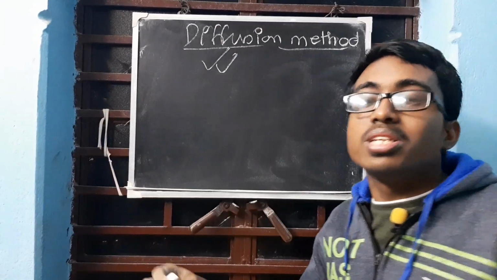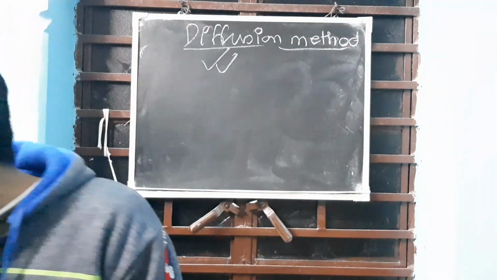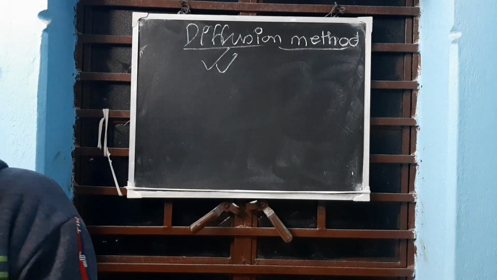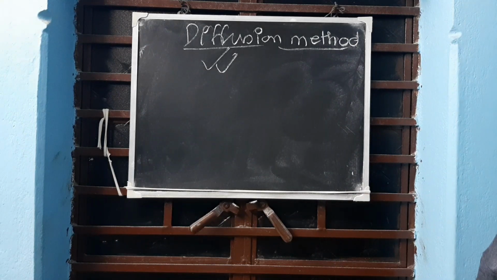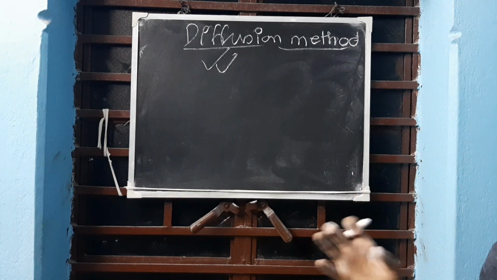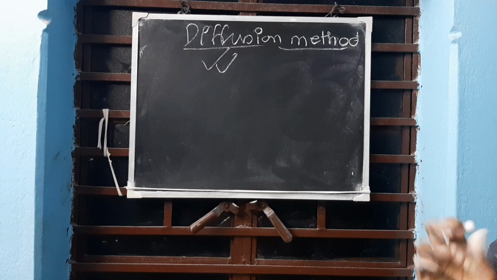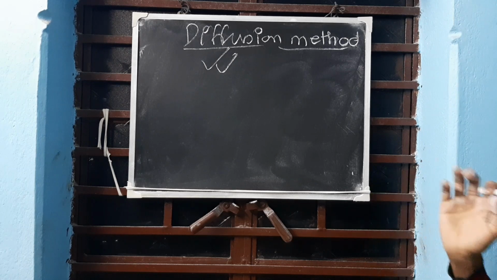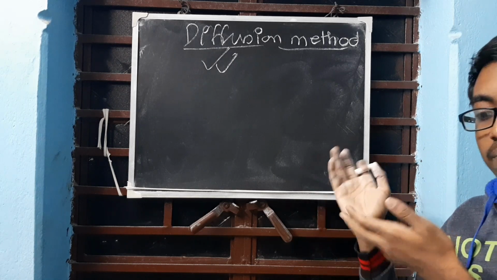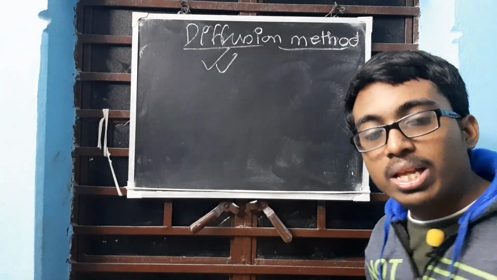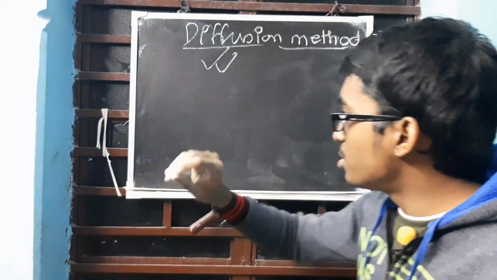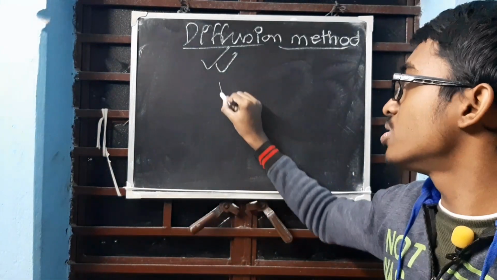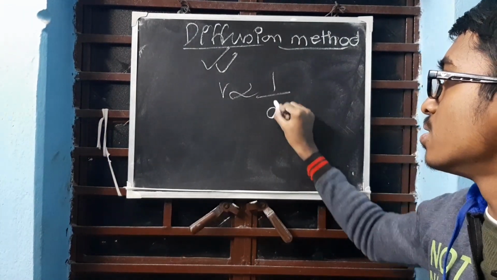Diffusion is the intermixing of two gases. It can be one more gas. Clear? Intermixing of two or more gases against gravity. Two or more gases, if they are intermixing against gravity, it is called diffusion. Clear? How are we getting the molecular mass with the help of this diffusion? We are getting it with the help of Graham's law of diffusion, which states, we are not dealing with the law right now, so I'm just telling what is stated. It states this: